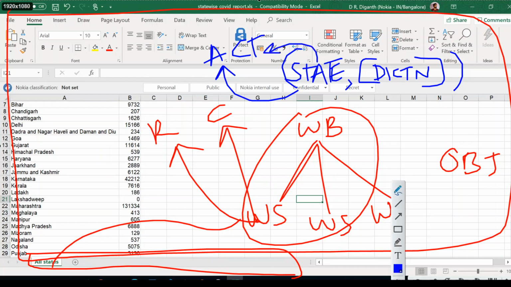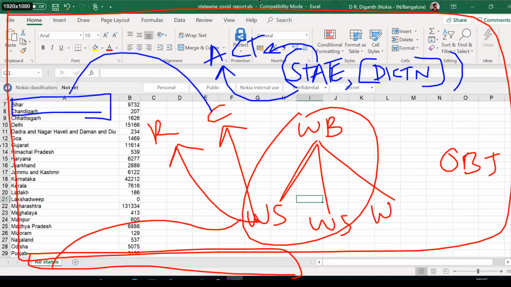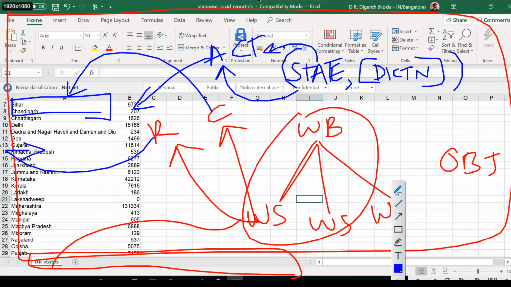So the idea is to write the state name in the first column, and the total number of active cases, the return value, comes as another column, and the rows are multiple instances of them. So we have rows, we have columns, and then we have the data which we need to fill up.